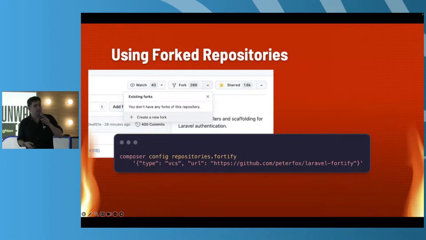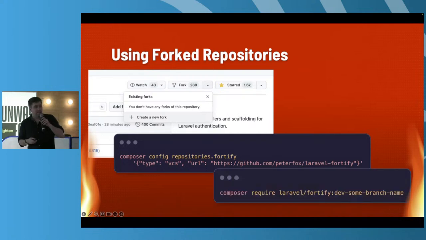And then using this command here, we can set up a repository for the fork we've made on GitHub, pointing towards that. And then we can tell Composer how to actually install directly from a branch. The idea of this is then it's going to pull in that version rather than the original. And we can start then to work and upgrade that package ourselves. It's not a great environment to be in, but hopefully if that package has tests, then you'll be safe enough to start doing some work yourself and keep it maintained.